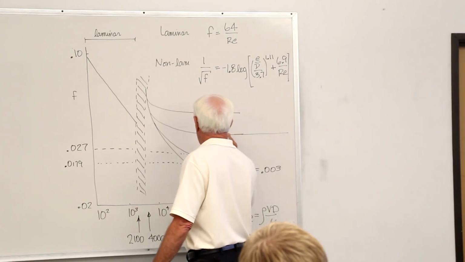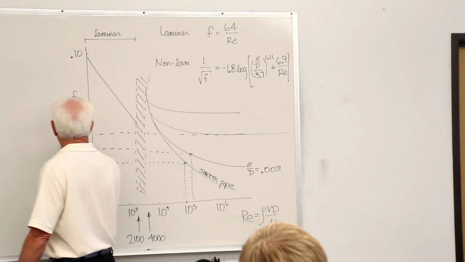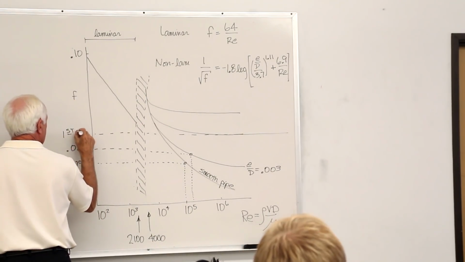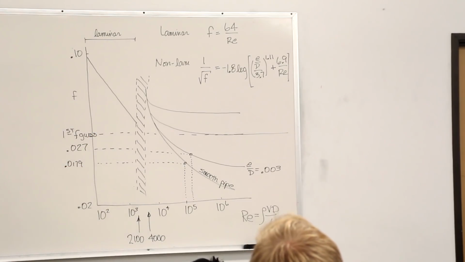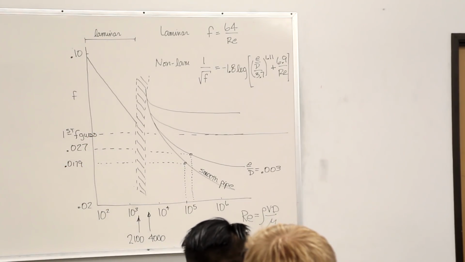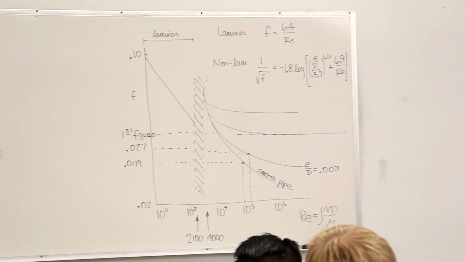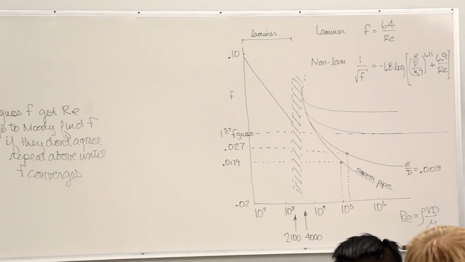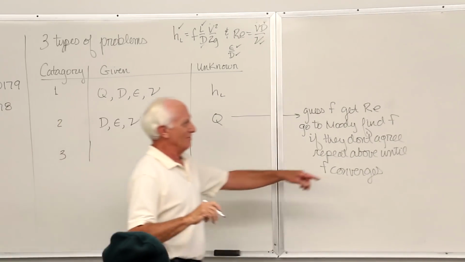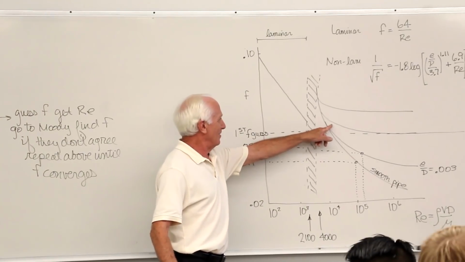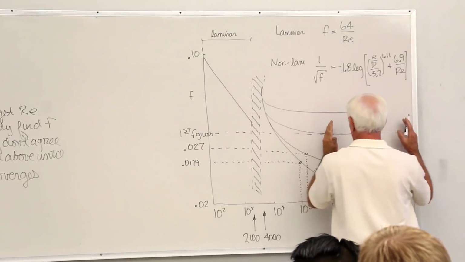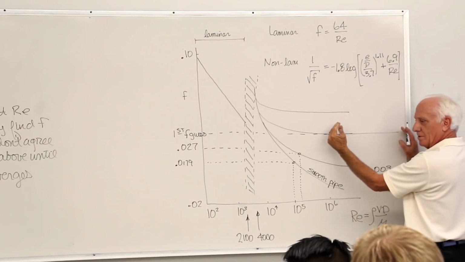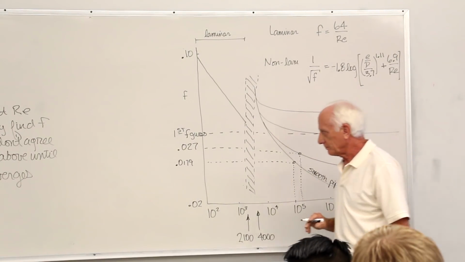So I go back here, and that's my first F guess, where the E over D line becomes horizontal. You're playing the odds. You think it's going to be really turbulent? Why not? It's probably going to be out here somewhere. And if not, that's okay. One or two times we'll converge.